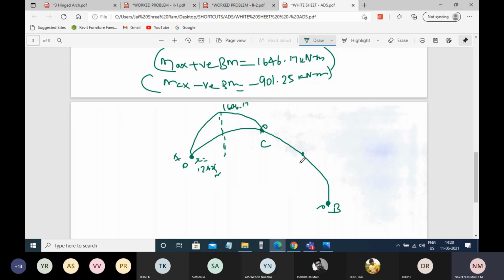Next, assume that this is point B, at a distance of 10 meter from support B. You will get a moment value in terms of minus. So this you can consider as positive, 901.25. And again, what type of load here? Point load. Okay, linearly varying. Linearly varying. Again, it goes to 0. So this is negative bending moment. So you can draw the bending moment diagram also. But it is not given